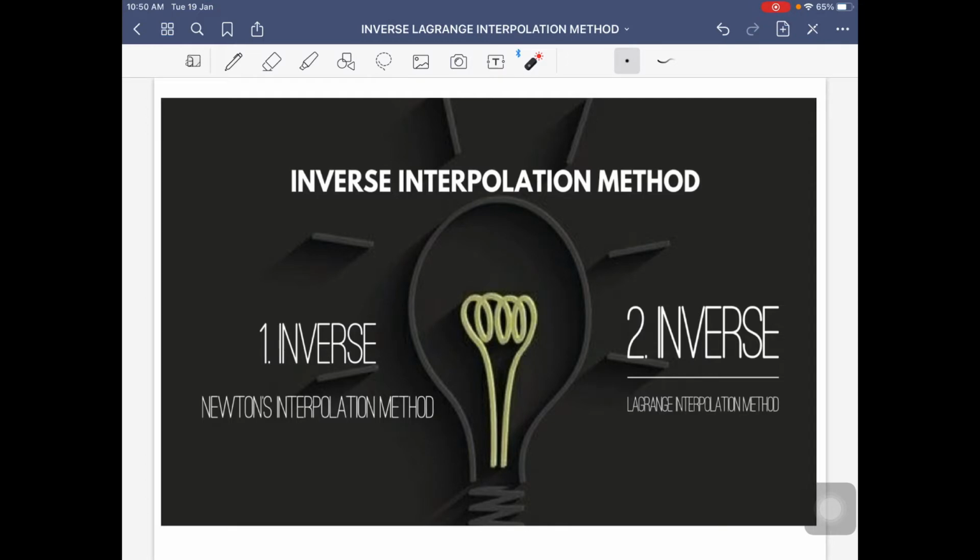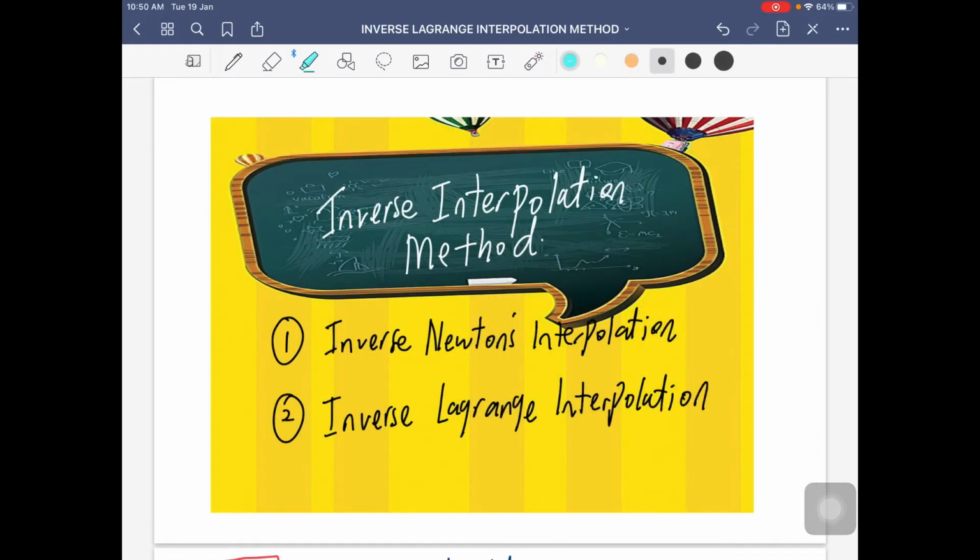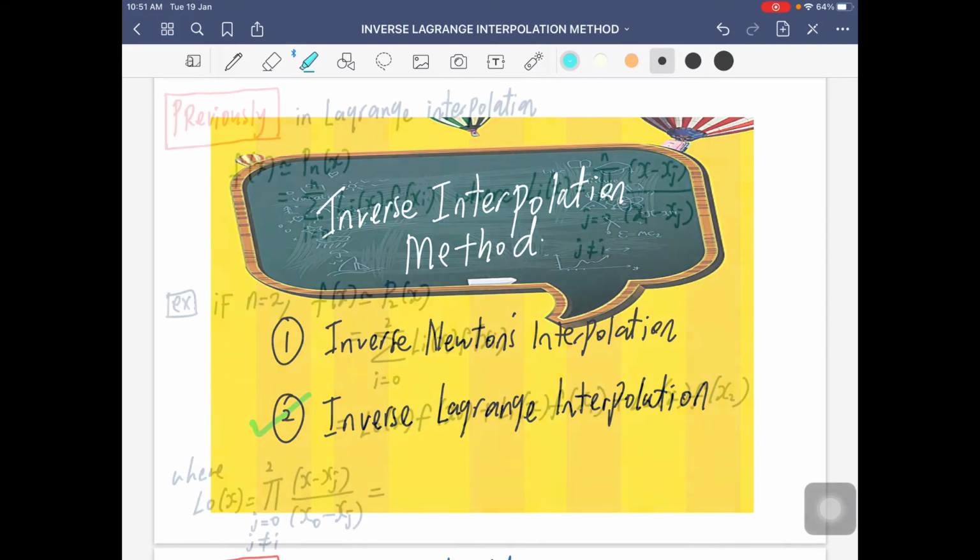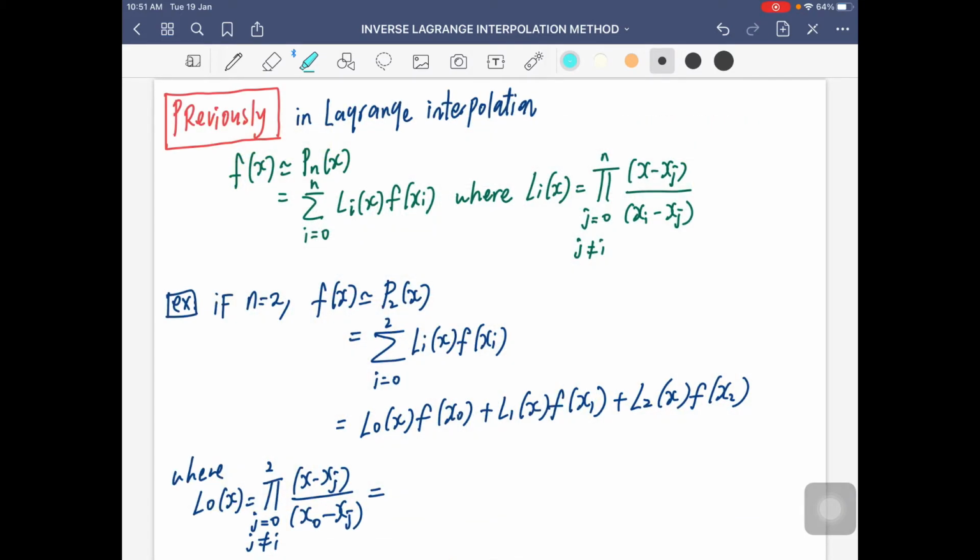So now let's continue inverse interpolation methods for the inverse Lagrange interpolation method. Okay, we have done with the first part. So now let's continue our discussion on the inverse Lagrange interpolation method. Okay, so before we proceed with inverse Lagrange, let me recall that previously